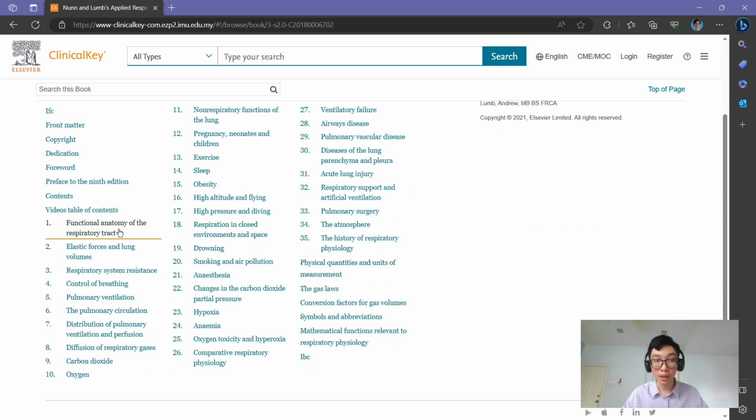We have chapter 1 is functional anatomy, elastic forces and the lungs volumes, respiratory system resistance, control of breathing, pulmonary ventilation, pulmonary circulation, distribution of pulmonary ventilation and perfusion, diffusion of respiratory gases, carbon dioxide, oxygen, non-respiratory function of the lung, pregnancy, neonates and children, exercise, sleep, obesity, high altitude and flying, high pressure and diving, respiration in closed environment and space, drowning, smoke and air pollution, anesthesia, changes in carbon dioxide and partial pressure, hypoxia, anemia, oxygen toxicity and